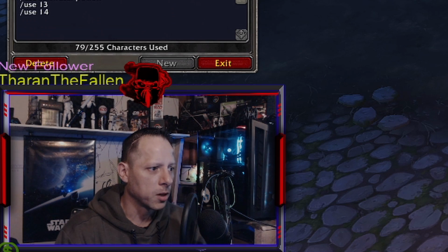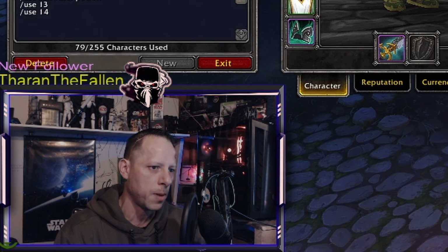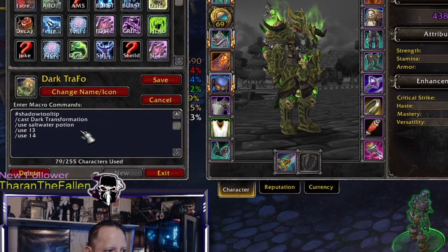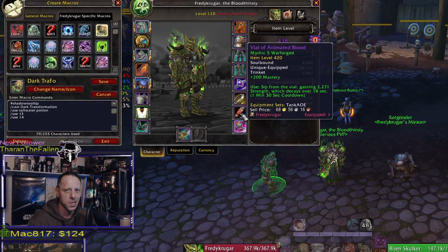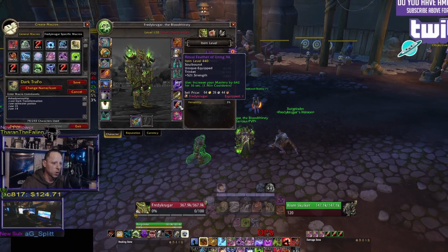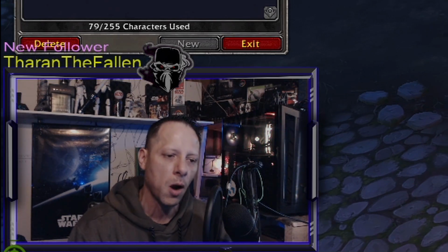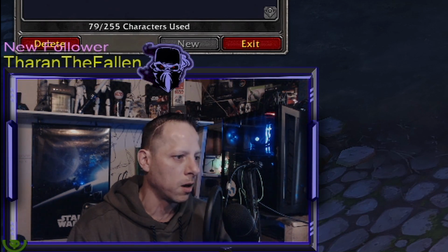The next thing I'm going to talk about is using trinkets and binding them to spells. What I do is have my Dark Transformation bound to also drink saltwater potions and pop my 13th and 14th slot in my character tab. Your 13th and 14th slot is where your trinkets are. So if you have trinkets that can be clicked and procced to give you more strength or crit or haste or whatever that trinket does,